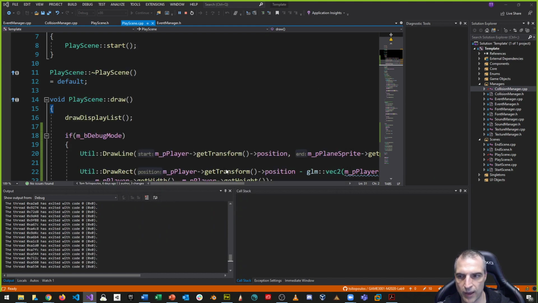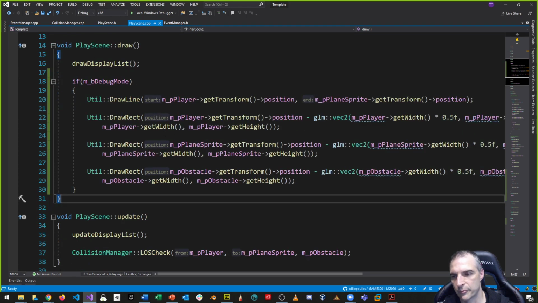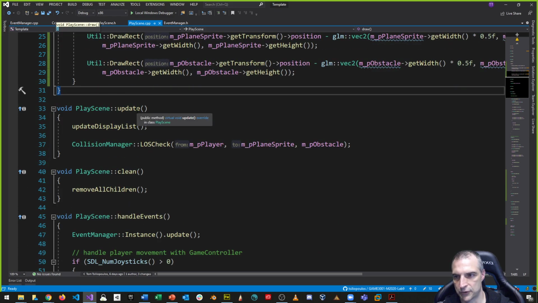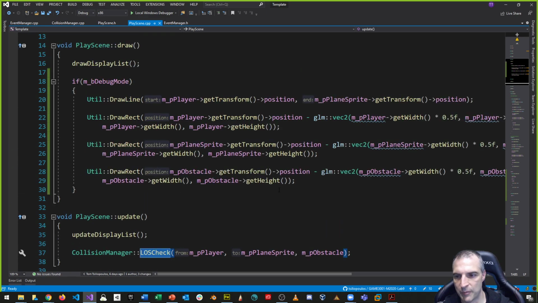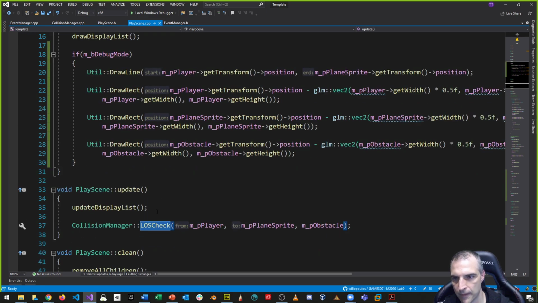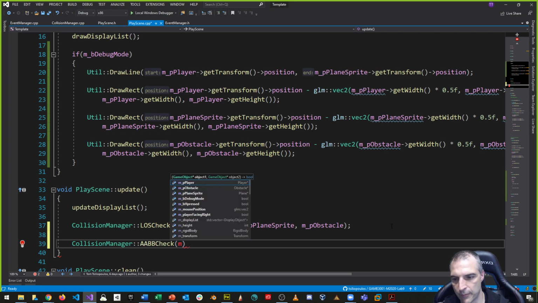So that is that part, but there really isn't a collision, so technically you need to have collision detection in place for this to work, and I'm going to do that in the update function. Right now the collision manager just does a line of sight check. I want to do an AABB type check between my player and the plane sprite, and my player and the obstacle, and I need to change my collision manager AABB to account for this. So let's do it first. Collision manager, and I go AABB check, right? And I'm going to go from M_P player,